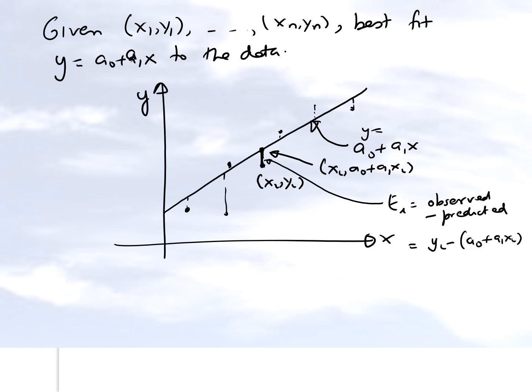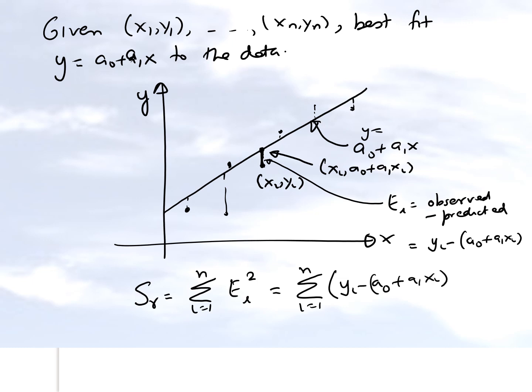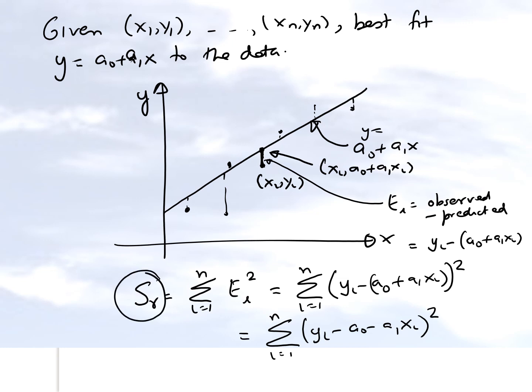And when we say sum of the square of the residuals, we are taking all these residuals, squaring them, and then adding them up. The sum of the square of the residuals will turn out to be as follows. And we can expand this to write it in this particular form. So what do we want to do? We want to minimize this value of SR in order to find the best fit of the curve.